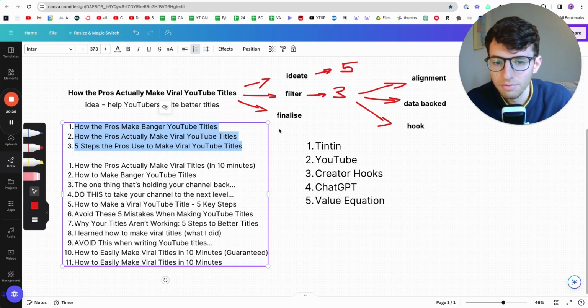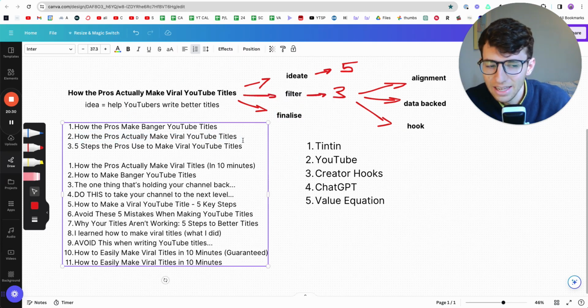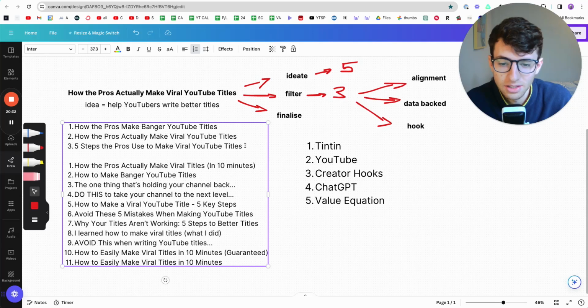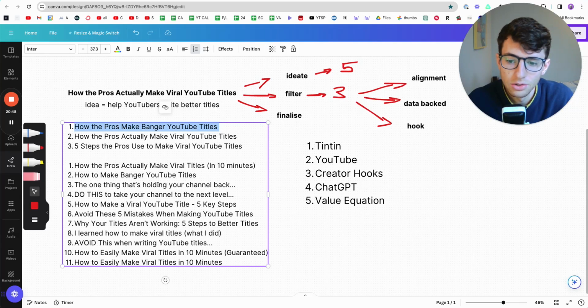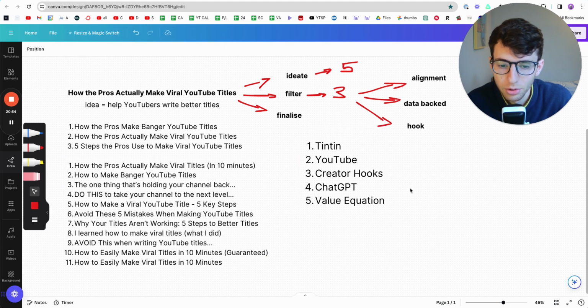But at this finalized stage, there's no perfect answer here, and ultimately you just have to pick something that you think is the best. And this one I think is the best because it has the word "actually" in it. I just think it taps into something, and I think this is right. However, if it's not right, I've got some backup titles that I could potentially use and test out as well. So that is the 5-step process.